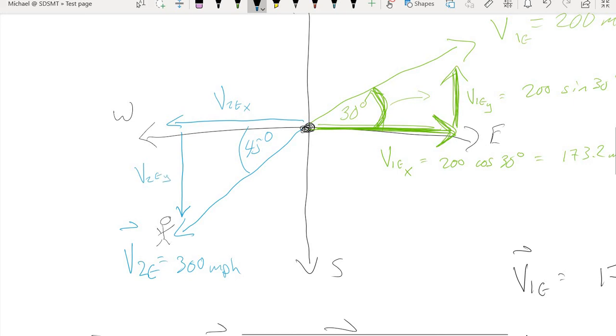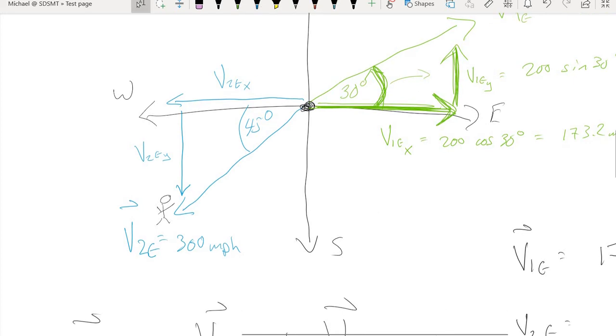And as it turns out, they're both pointing in the negative directions with respect to positive x and y. So each of these will have a value of... It doesn't matter if we use sine or cosine. I'll just use cosine. We've got 300 cosine of 45,